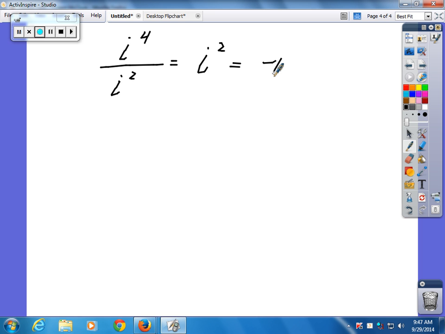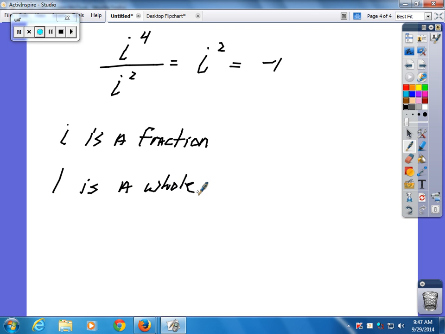Exponents, you have to be careful with exponents also. Now, I give you a rule. This is a Hubertism rule. i is a fraction. Think of somebody that don't talk proper English like Hubert. i is a fraction of the class, and 1 is a whole. Now, I came up with this my first semester of teaching 102. And the book was teaching divided by 2 and, or divided by 4. I can't remember what the book teaches, because I hadn't taught it so long. And I've come up with this method. i is a fraction, 1 is a whole,